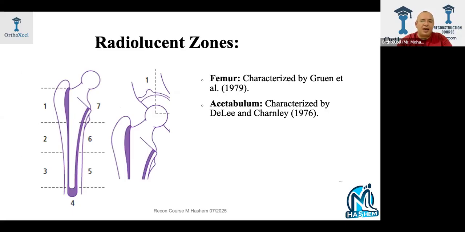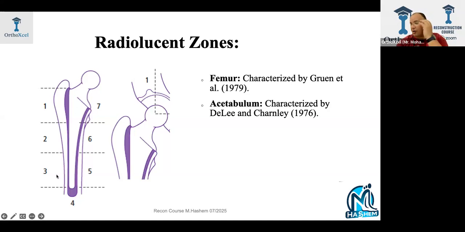How can we have a common language when you need to tell me that you see an X-ray of a stem or a cup with some osteolysis? We have to use the radiolucent zones, which is very common. Every one of you knows. For the acetabulum, they are Charnley zones, which is one lateral, second middle, and third medial. And for